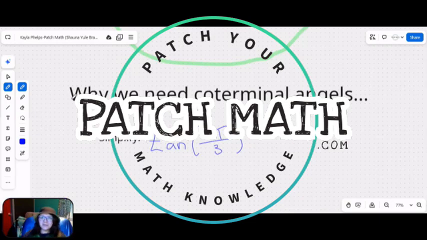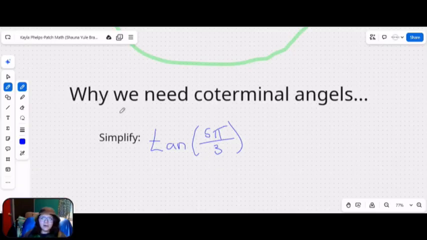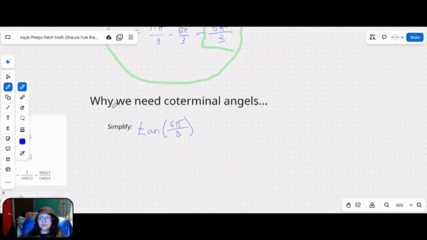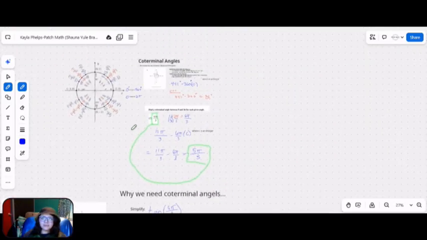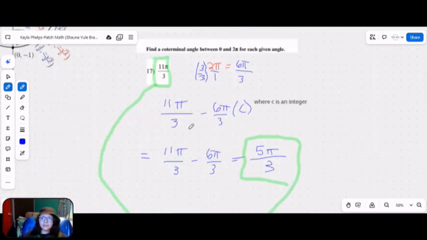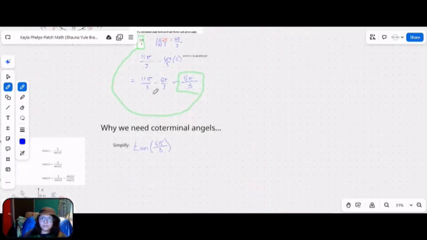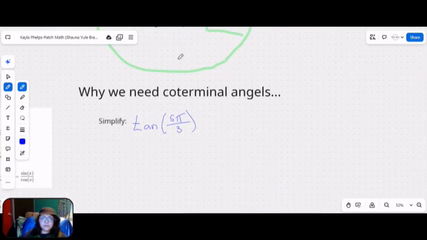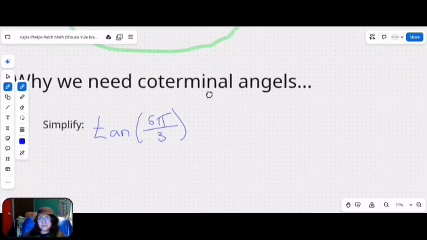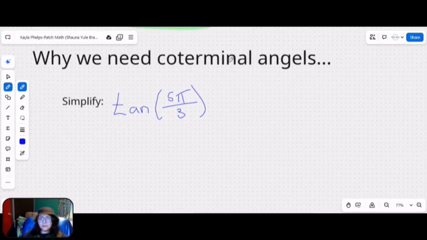Hello, and welcome back to Patch Math, where today we are going to continue talking about why coterminal angles are important in pre-cal. Now, we've found some coterminal angles, and in the last one, we found a coterminal angle that was on the unit circle. And I told you that there is a reason why we need to find these in order to use this unit circle. So if we want to find the tangent of 5 pi over 3, we have our calculator,